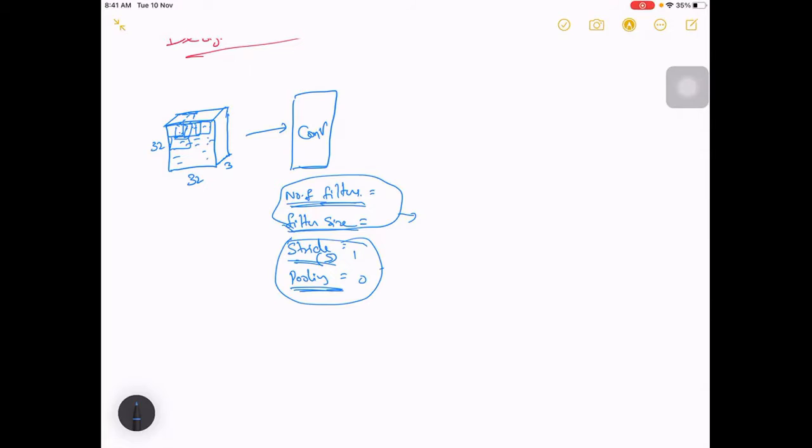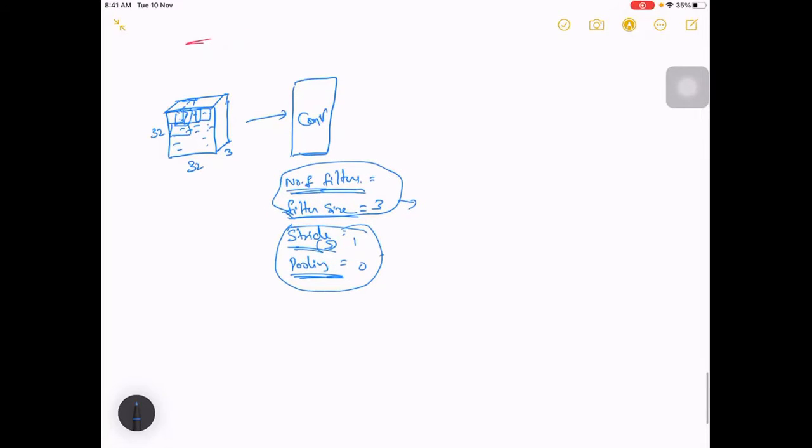To start with, let's use filter size 3, which is used in most examples, and the number of filters is what decides your output depth.